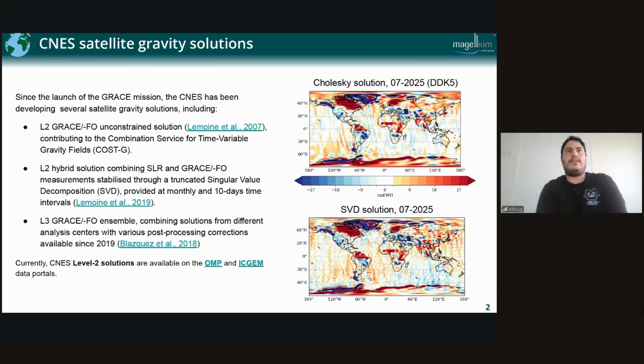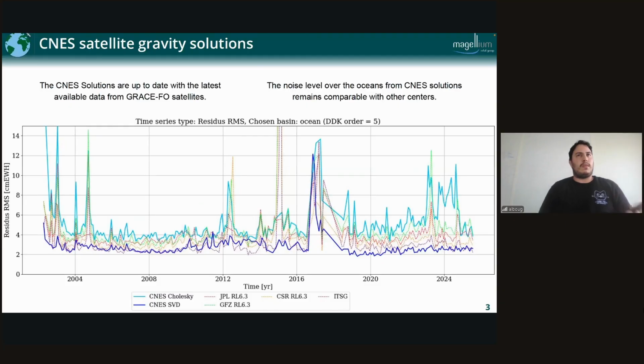The L3 ensemble has been distributed since 2019 and will now be distributed more easily through the SAXA project. On the next slide, I present the state of the CNES solutions. As of today, we are up to date with every available data from GRACE and GRACE FO, and produce solutions that remain comparable to other production centers. And so next